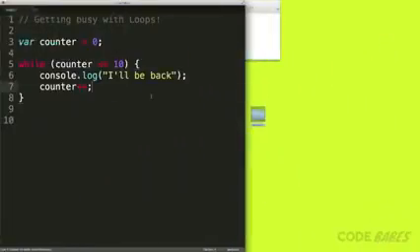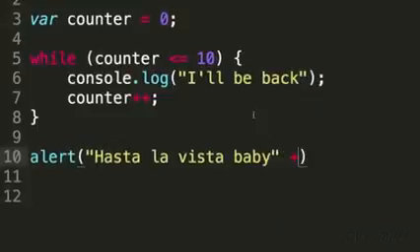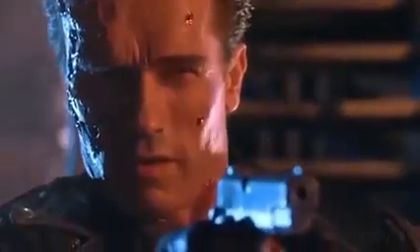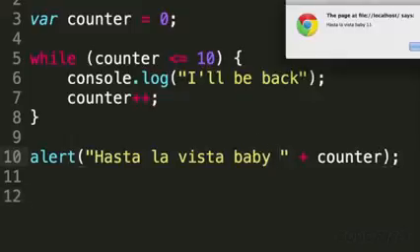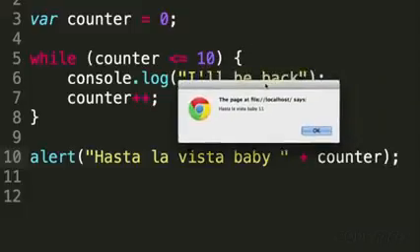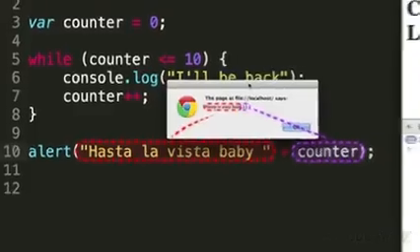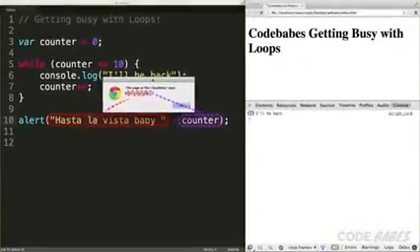Let's add an alert that will run after the loop stops. We'll do alert "Hasta la vista, baby", and concatenate the counter variable onto the end. Let's run this. And boom, "Hasta la vista, baby", and the counter is equal to 11. During the last loop, the counter value is 10, but got one more added on, so the loop stopped and